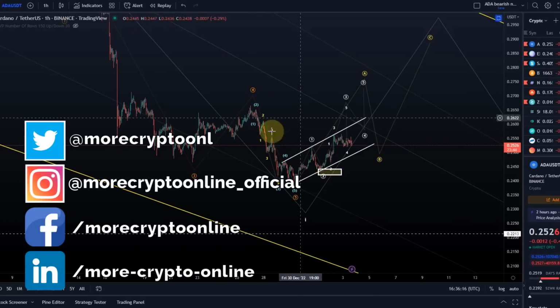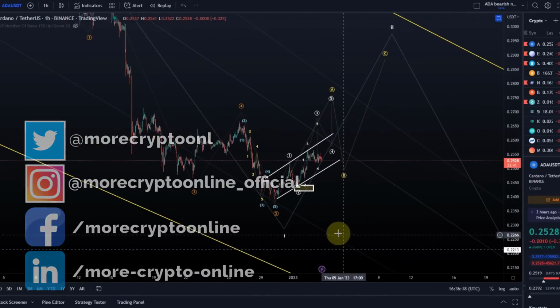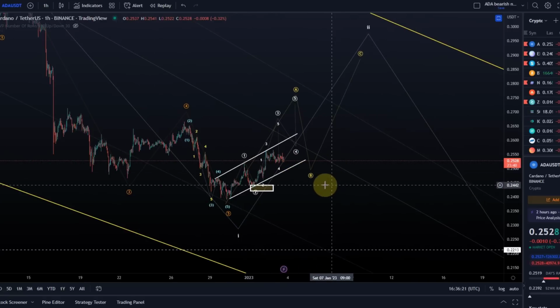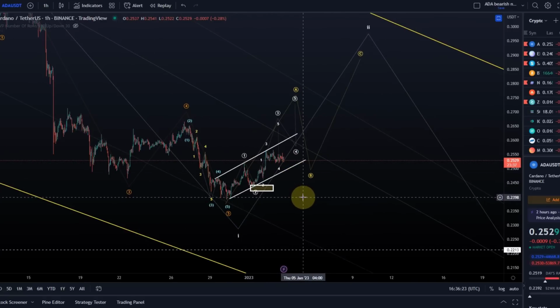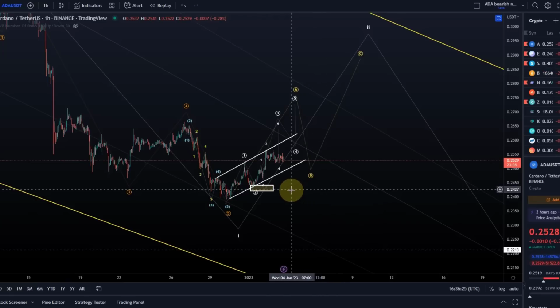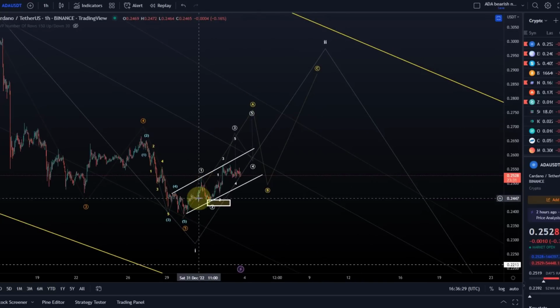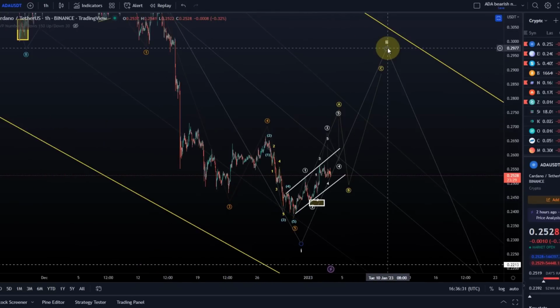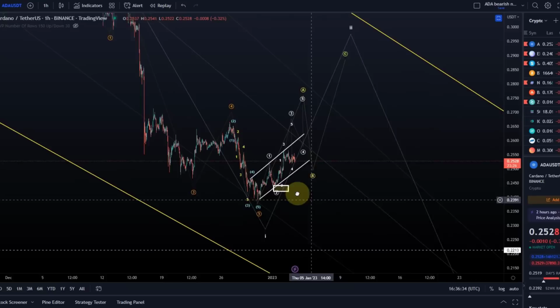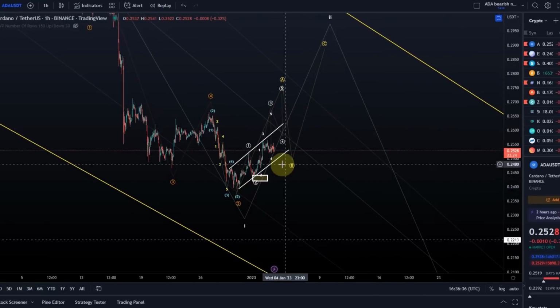We continue to be here in this same wave structure that we already talked about in the last video. ADA doesn't really show a lot of strength at the moment, which is about right in this corrective wave pattern here. We talked about that this may only be a wave 2 correction to the upside that we're currently seeing, just a bit of a bounce before it goes down further in the end.